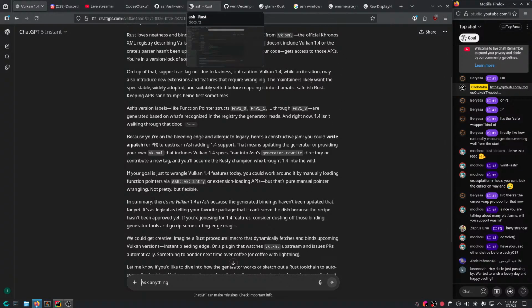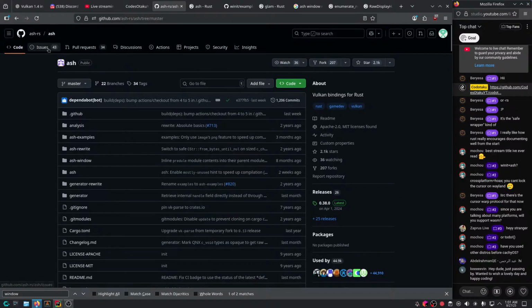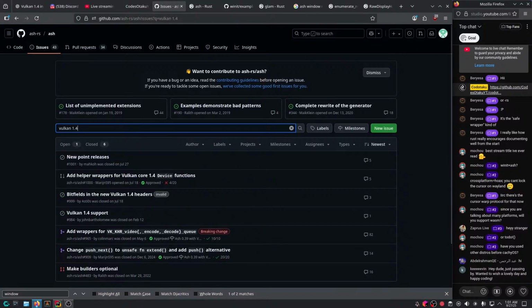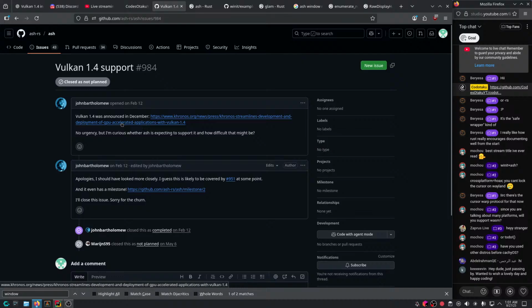I mean, let's check the actual repo. Probably someone is actually talking about it, no? Vulkan 1.4. There we go. Someone: Vulkan 1.4 was announced in December. No urgency, but curious whether Ash is expecting support and how difficult that might be.